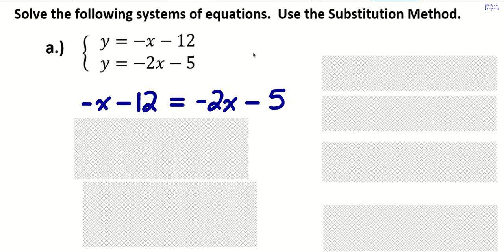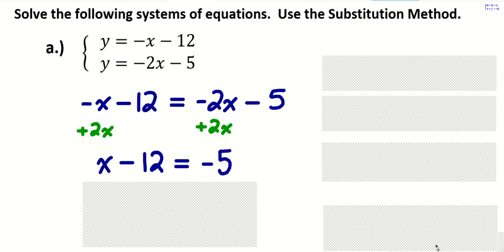No matter how you approach it, aren't you just setting these equal to each other because they both equal y? I was going to use some transitive property type thing, but no need. So now that we have the substitution step over, we can now